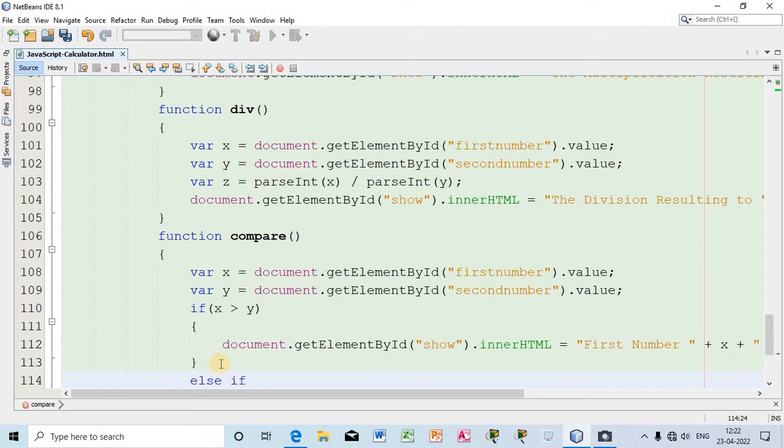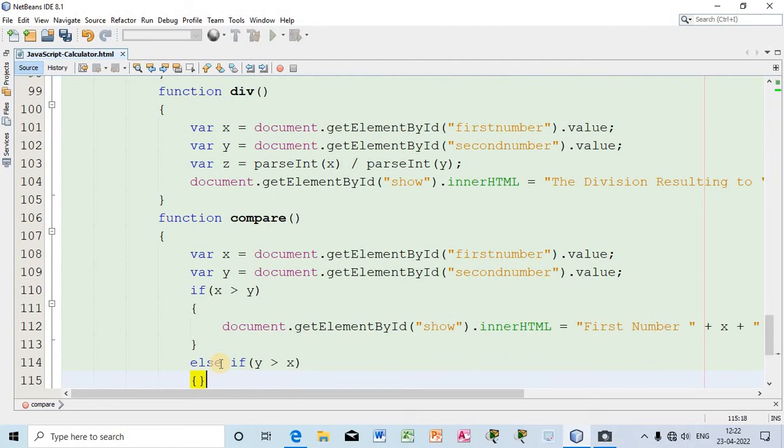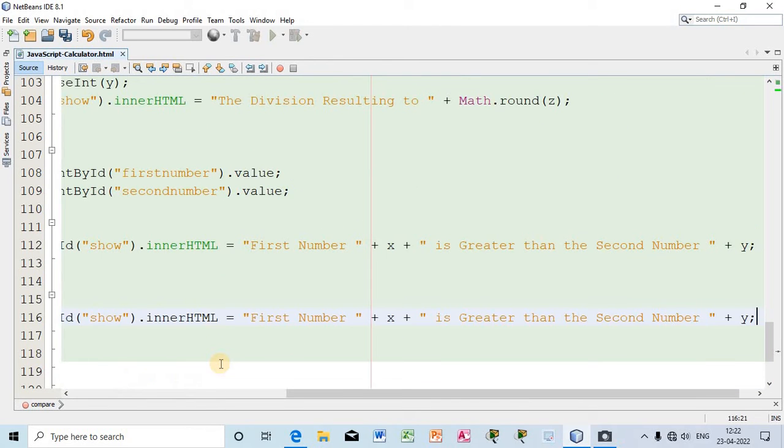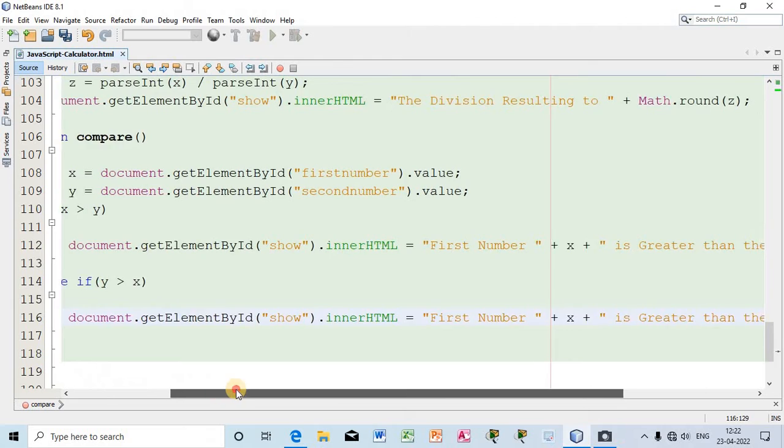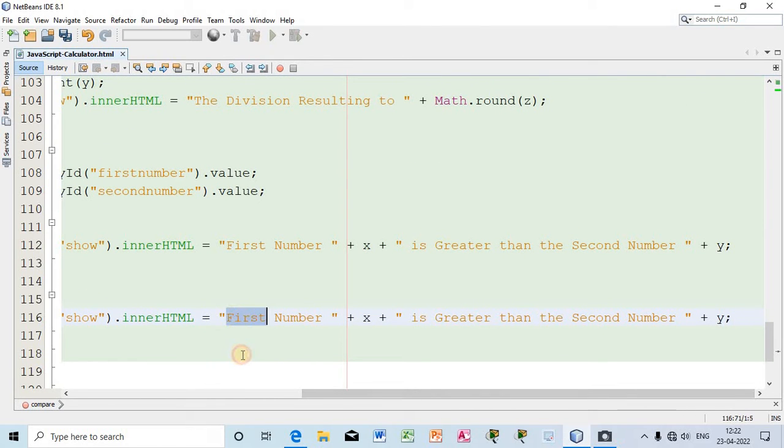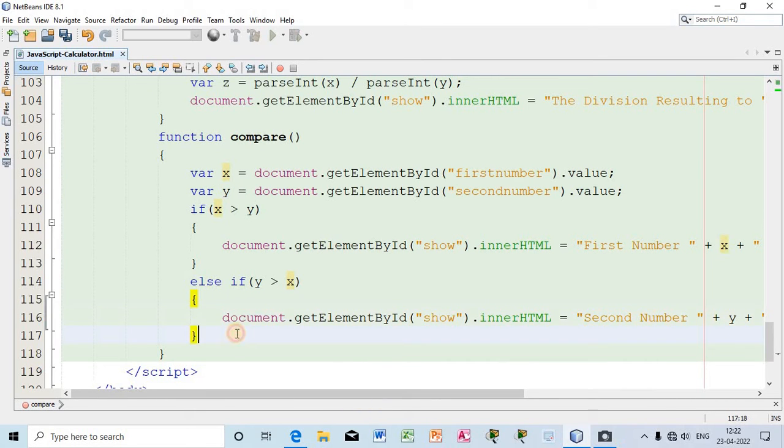Else if y is greater than x, if the second number is greater than the first number, then it will be printed that the second number, that is y, is greater than the first number, that is x. Y is greater than x, that will be printed. Otherwise